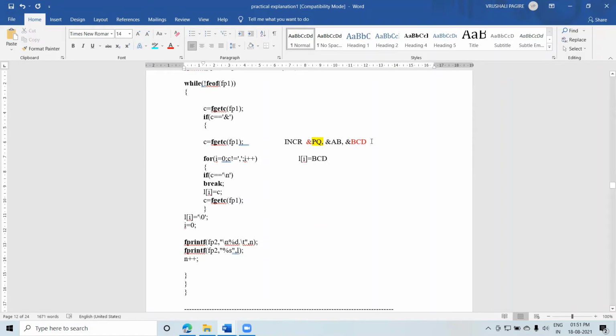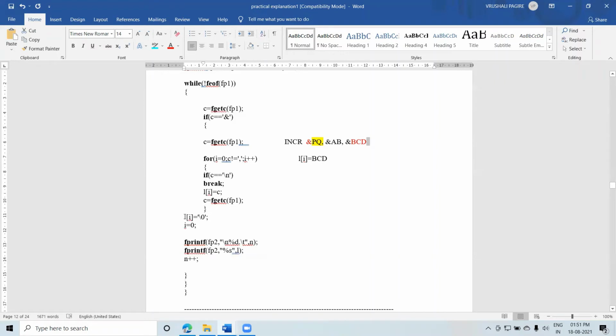But now here you can see after the D, when you try to get the next character, at that time it is a slash n. It is a new line. Okay, when you check here, is it a comma? No. Enter into the loop. Is it equal to slash n? Yes, it is equal to slash n. So here you have to break your loop. So break it. Come out of this. You don't have to copy it into your array.